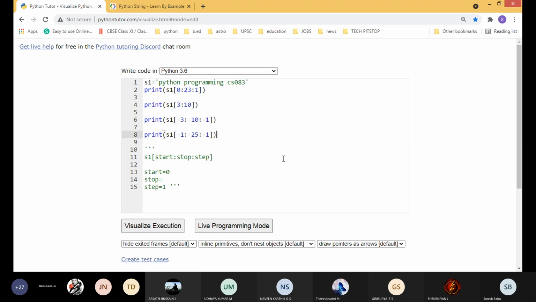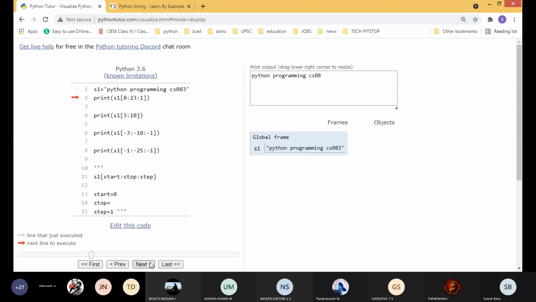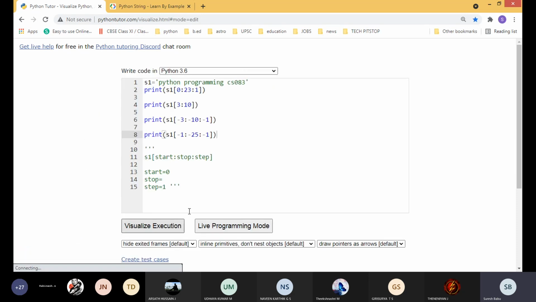Yes. So now we will see the output. So entire characters in the reversed order. Okay, see, you can see here all the characters are in a reversed order. But actually there is a shortcut for this one. I will tell you.